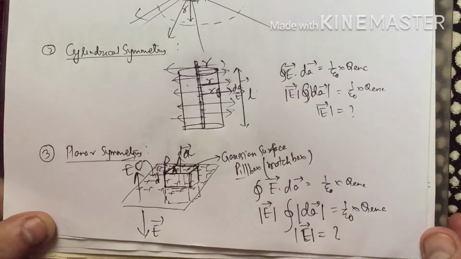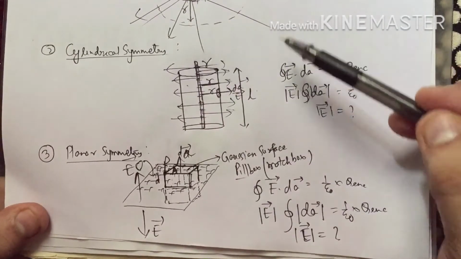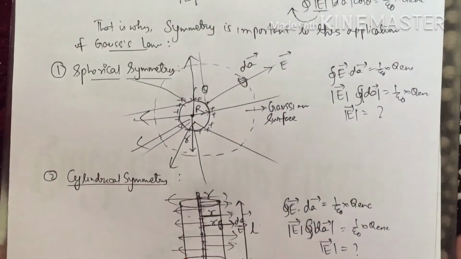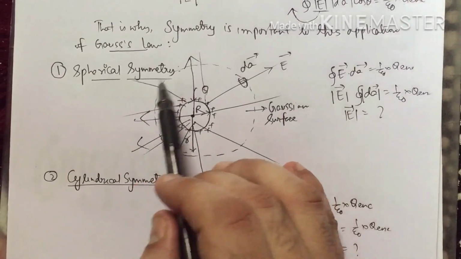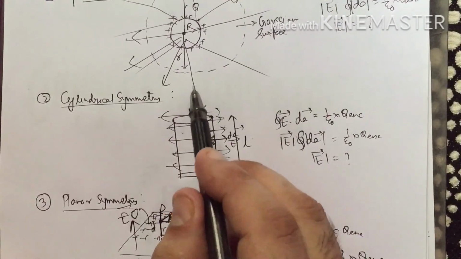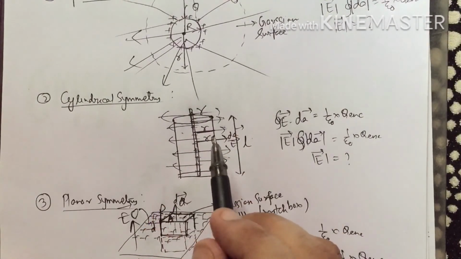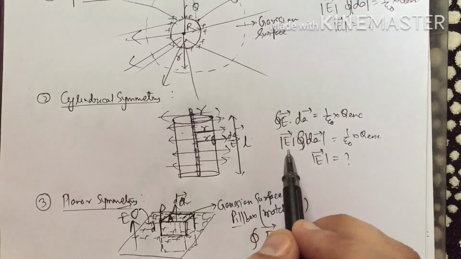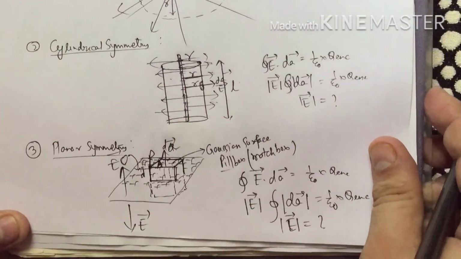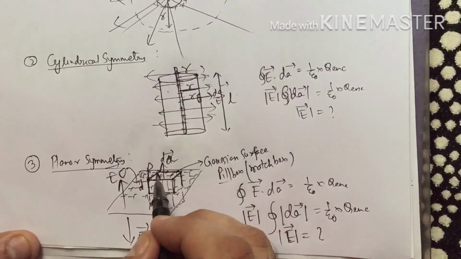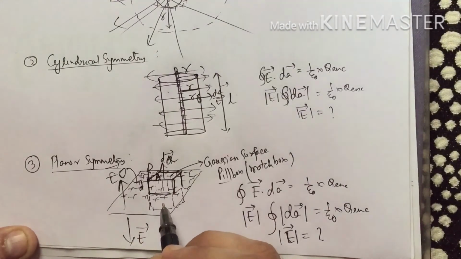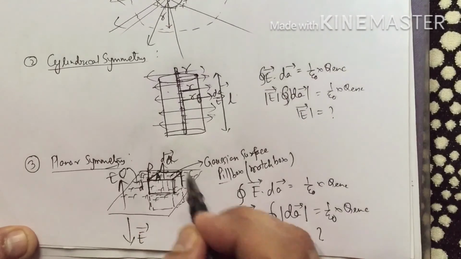So this is all about how to draw the Gaussian surface and what the only possible Gaussian surfaces are. One is the Gaussian surface for spherical symmetry, which will be a concentric sphere. Another is for cylindrical symmetry, for a linear charge distribution, because in this case we can always take the magnitude of electric field outside of the integral. And for planar symmetry we have the Gaussian pillbox, which is similar to a matchbox kept on the planar sheet above and below the sheet, such that it will enclose the total charge.